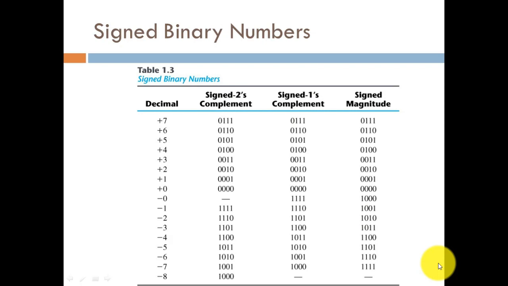So we can easily say that +7 would have been represented as 111, and since we are using 4-bit binary number representation, we put a 0 in front, that is 0111. It is basically representing +7. How we can convert our decimal to the binary number system, we have already understood in our last lecture, where we divide by 2. So you are left with this 111 and this 0.